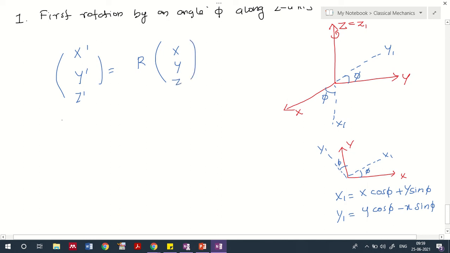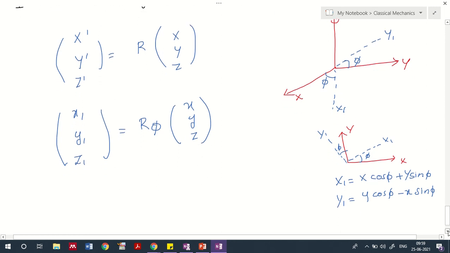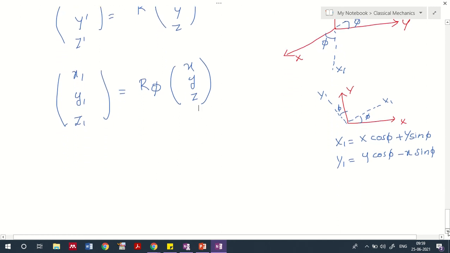Now for the first rotation, what we derive is that we'll also get x1, y1 and z1. Sometimes I'll be representing small x or small y, it doesn't matter, you can keep either one. So we have observed x1 corresponding to here, and we have the R phi angle we have derived here. R phi is the corresponding change, applied to x y z. And now if you see what R phi is, R phi is actually representing a matrix.